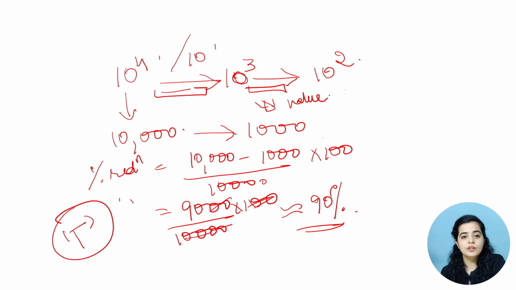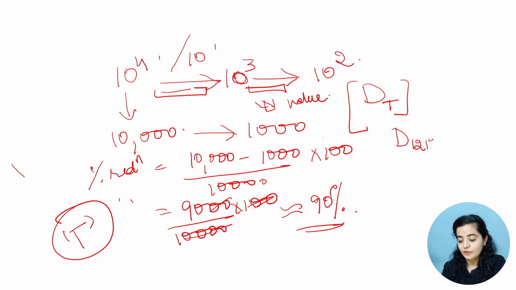So D value is your temperature constant process. It depends on the temperature you're applying. So basically if you want to denote D value, it is generally denoted as D with a superscript of T, where T is your temperature. For example, a D value at 121 degrees Celsius would be different to a D value at 100 degrees Celsius.